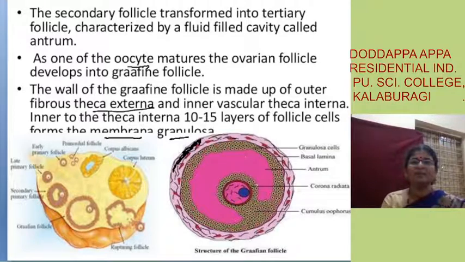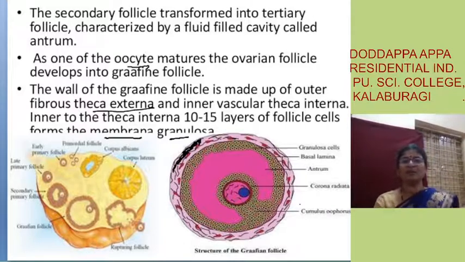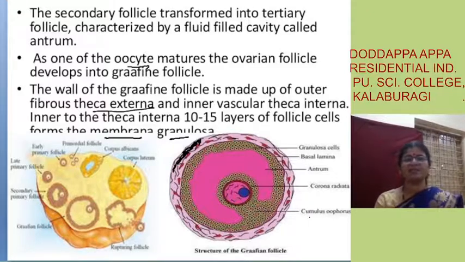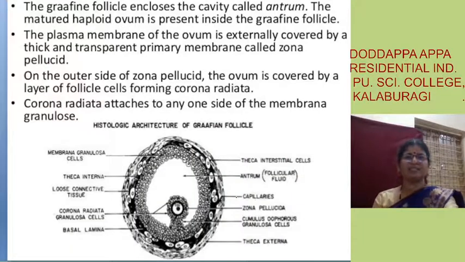Fine. So on this portion, a C-shaped structure, or you can say half-moon shaped structure, is the antrum, which is filled with liquor folliculi. On one side of this membrana granulosa, you will see a heap of cells, which appear as if they are projecting into the antrum, isn't it? So this is called the cumulus oophorus. On the summit of this cumulus oophorus, you will see the ovum. Fine. So this is about the Graafian follicle, which you will see in the ovary.